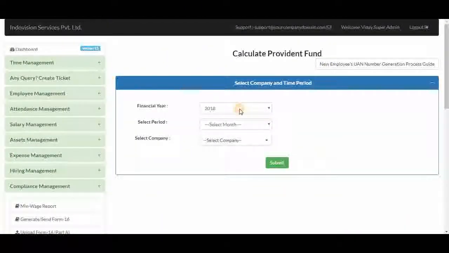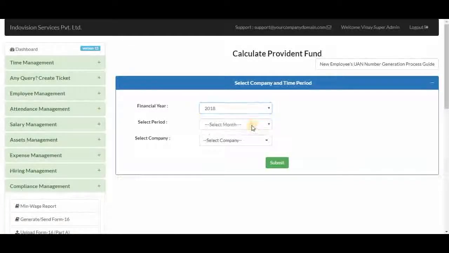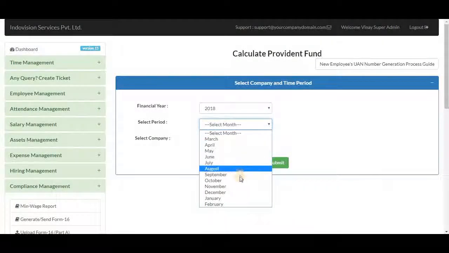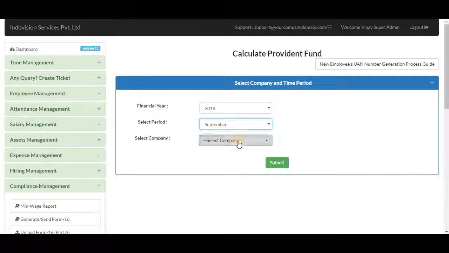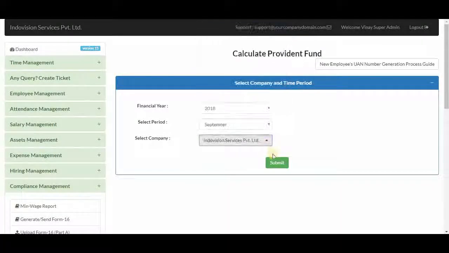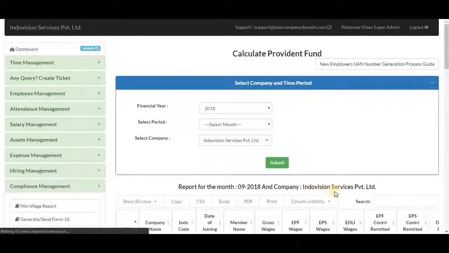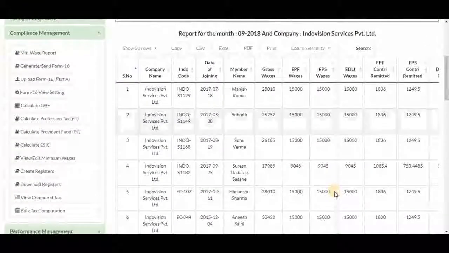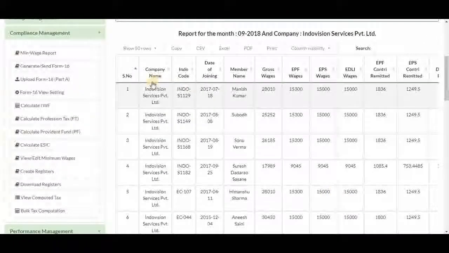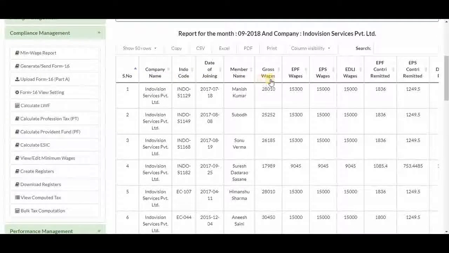Here too, first select financial year, period, company, submit. Report for this time period and company. Table begins with employee information, then gross wage, EPF, EPS, EDLI, EPF contribution remitted, EPS contribution remitted,